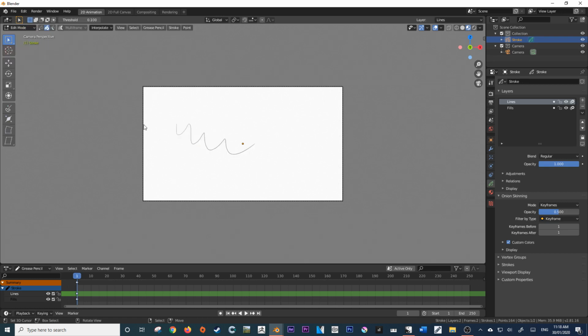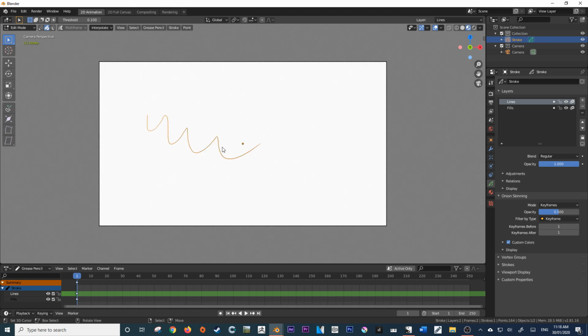mode. Now, nothing much has changed here, but you'll notice that when I select this object here, it highlights the entire stroke. And that is because of our different types of selection modes within our edit mode. So this one here selects the whole stroke, and essentially all points on a stroke, because strokes are made out of points, which I'll show you just now. This is points only, so think of it like vertex edit.